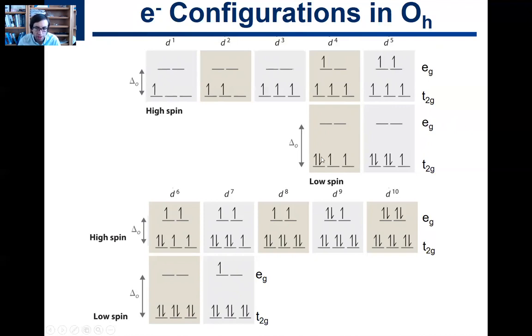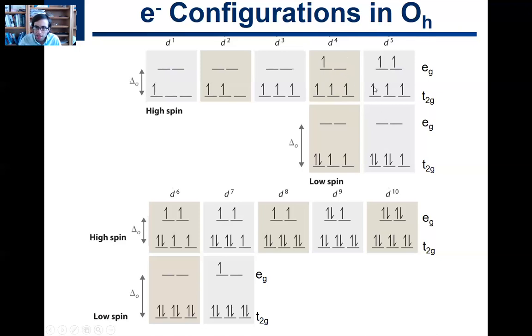So if your penalty for spin pairing is less, you will be in what is called the low spin state. Why is this low spin? Well, these spins cancel each other out, and so now you only have 2 spin ups. This is called a high spin state because you have 4 spin ups, right? So you have 4 spin ups here. This is the high spin state. This state will be preferred if your penalty for spin pairing is relatively large. Then your ground state will be putting that 4th electron in the higher energy EG